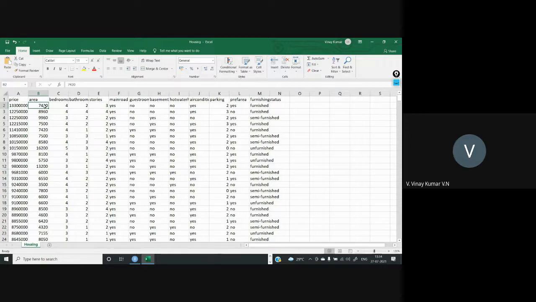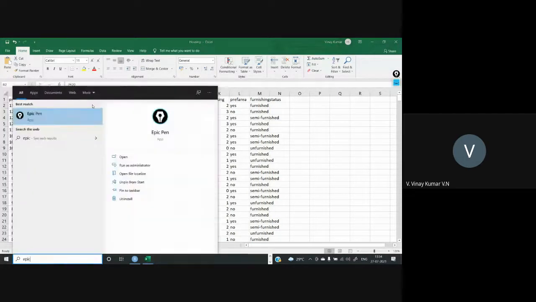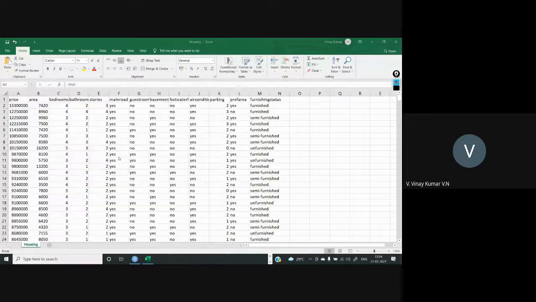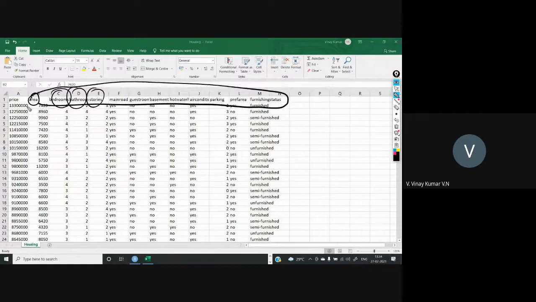All these 3 tasks we deal with this data only. With the help of these variables, like area, bedrooms, bathrooms, stories, and all these variables, we are predicting the price.